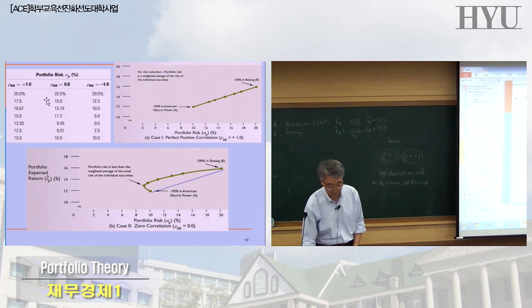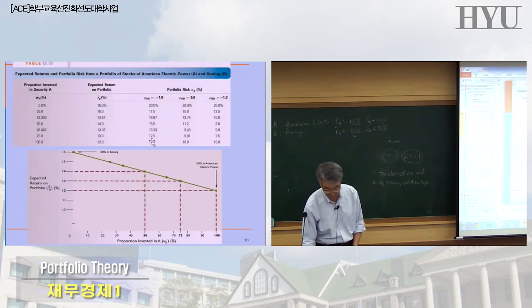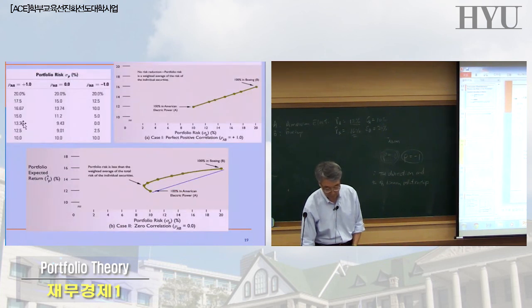And then they thought about different weights. I just took this part from the previous table here, right? So the first line corresponds to this weight, 0% for A. The last line corresponds to 100% for A, right? So based on that, they calculated. So first scenario, what if rho was exactly 1.0? Then you can calculate all this, the risk level, and came up with 17.5 and so on, right?